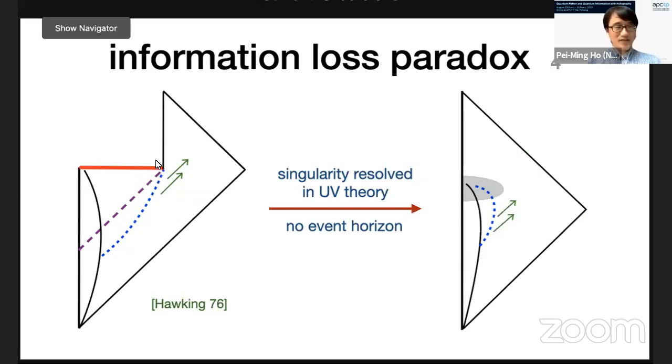Yes, as you said, there would be a high energy event around the endpoint of the evaporation. But actually the singularity here simply marks the point where low energy effective theory is invalid. So once you have a UV theory, like string theory, the singularity would be resolved into a region of high curvature, like this one. And then there would be no event horizon, because the event horizon is defined as the endpoint of the singularity extrapolated backward.